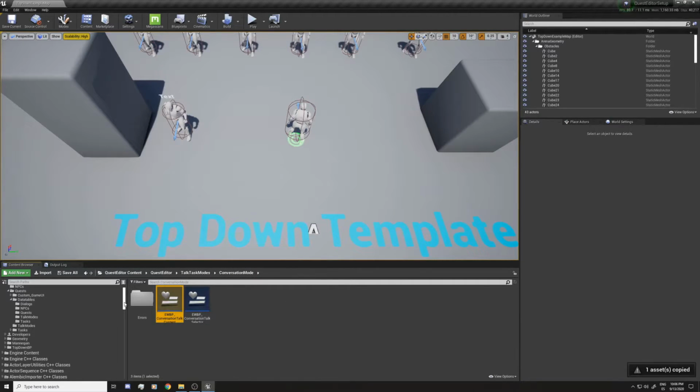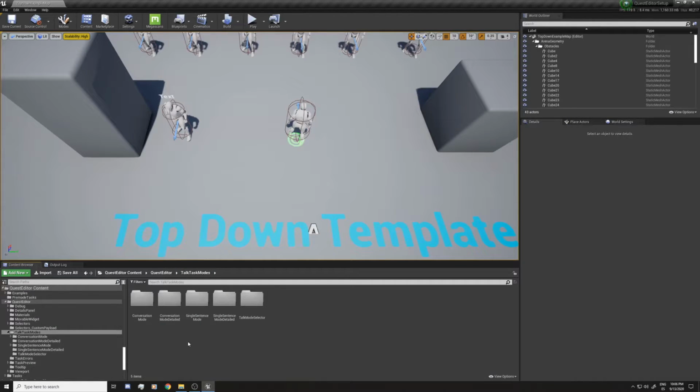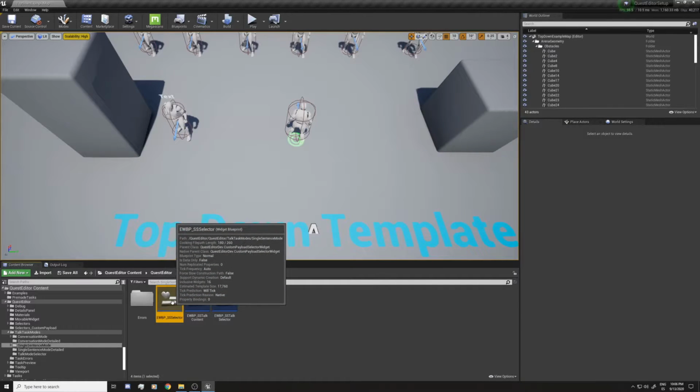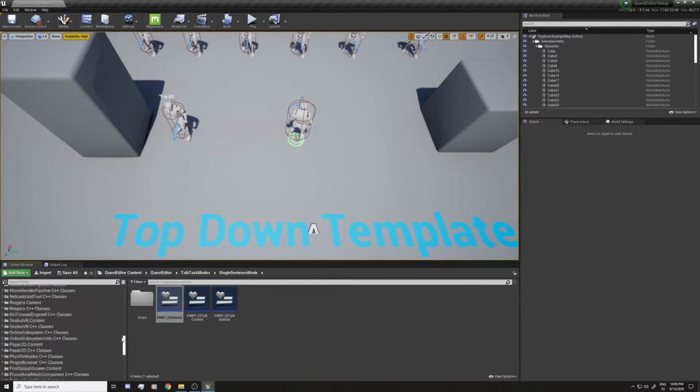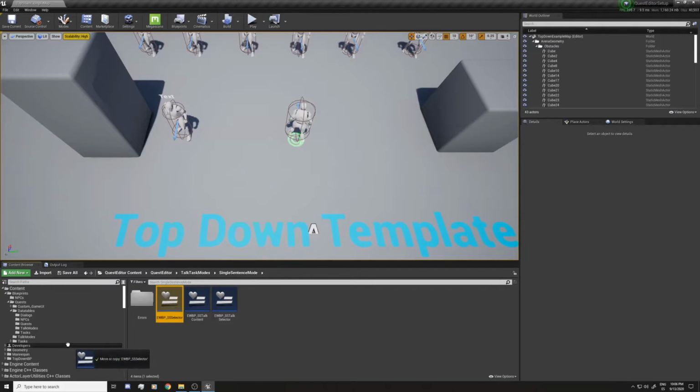I'm going to copy here, and if you go one back, for the single sentence mode, you can see this one is the selector for the single sentence mode that already uses a custom payload. So we're going to copy that one in here.